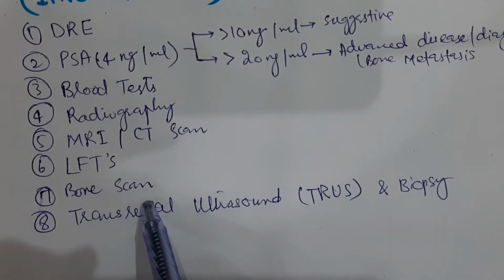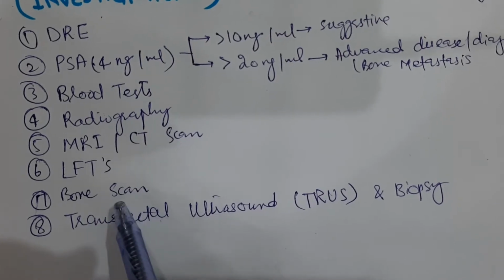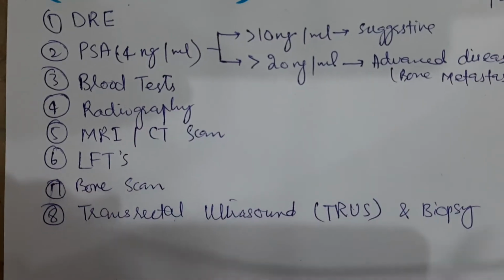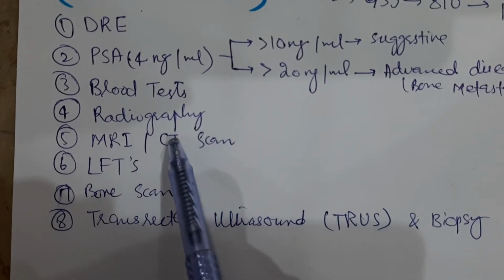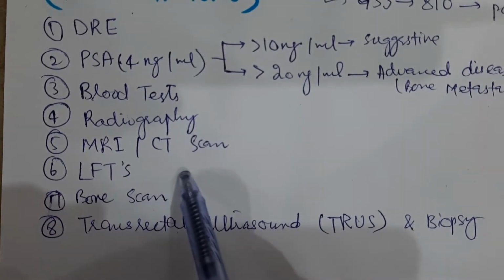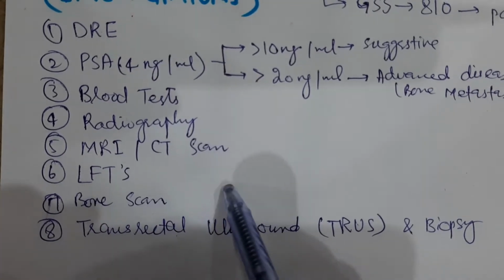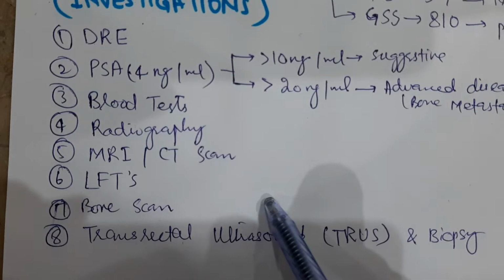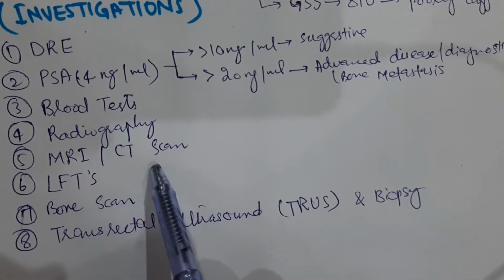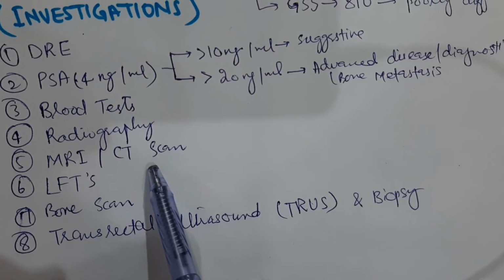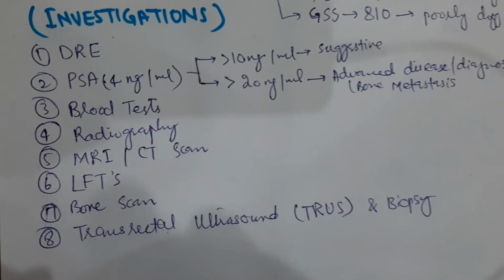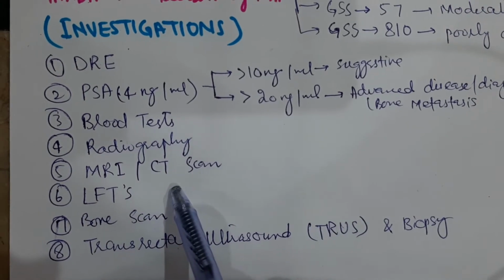After that, bone scan is performed if metastatic spread is suspected based on the high PSA level, which is more than 10 nanogram per ml, locally advanced disease, or presence of the Gleason score 7 or higher. But if PSA level is less than 10 nanogram per ml, then bone scan would be performed only on the clinical indications. It is performed by the injection of the technetium